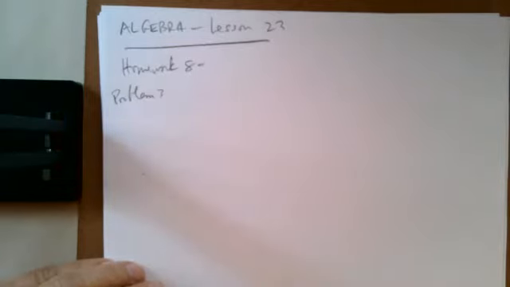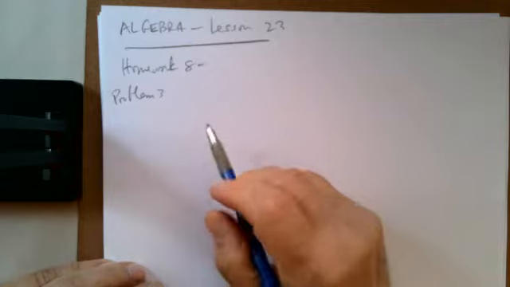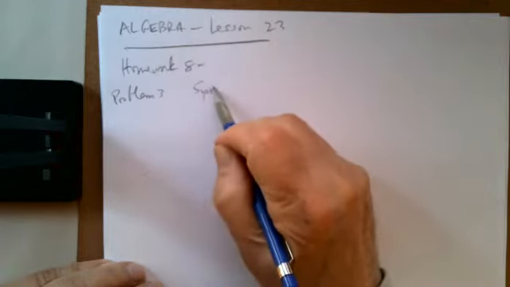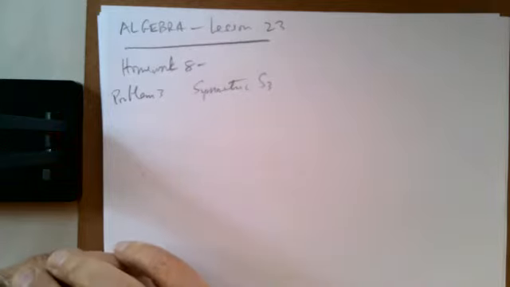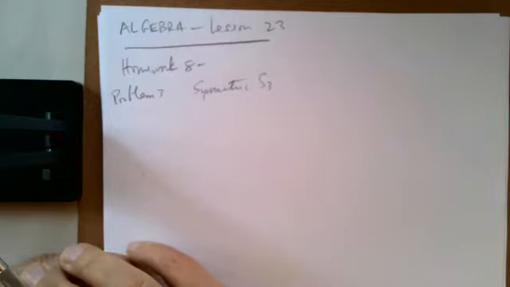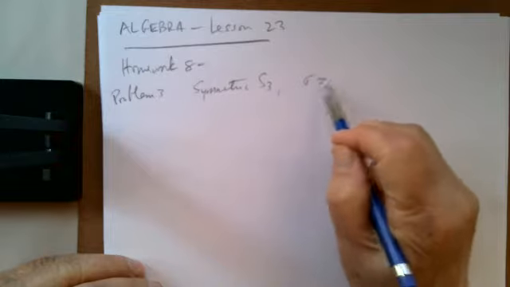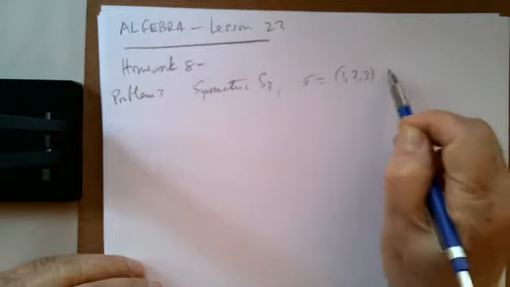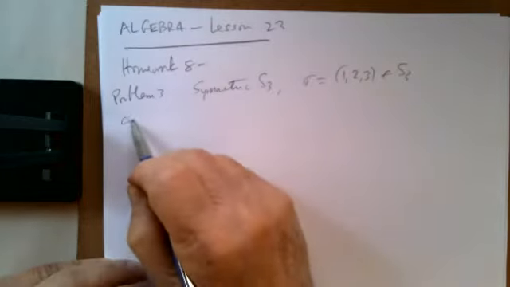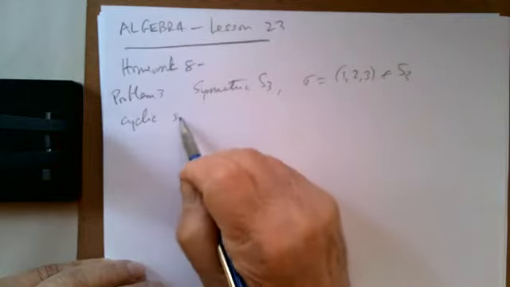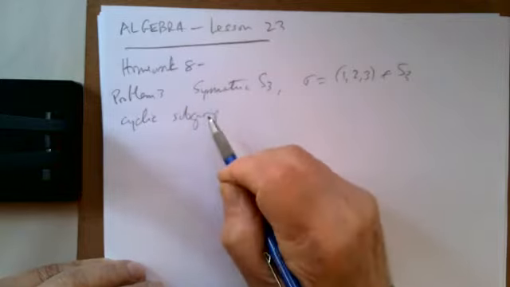So problem 3 says to consider the symmetric group S3. So we know this group has 6 elements, and one element is the cycle (1 2 3) in S3. And what is the cyclic subgroup generated by this permutation, sigma? So the cyclic subgroup,